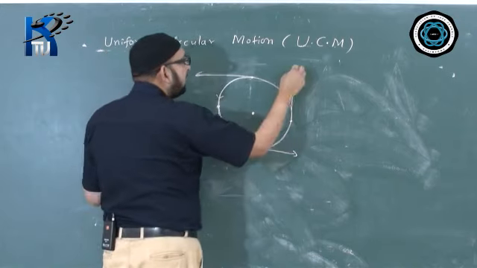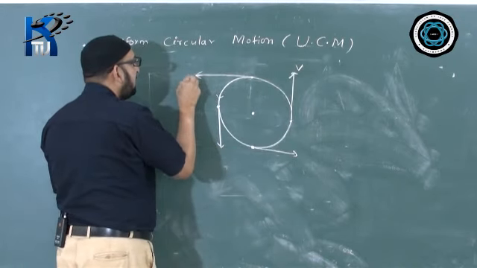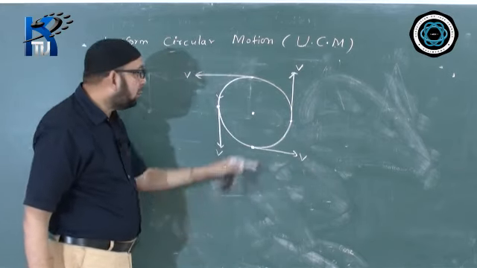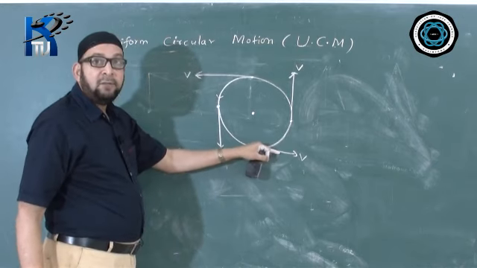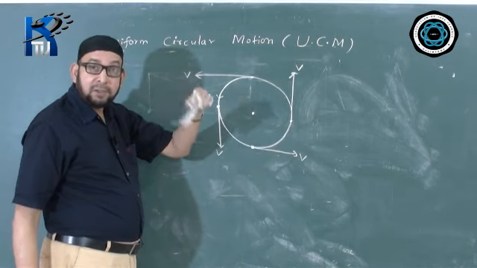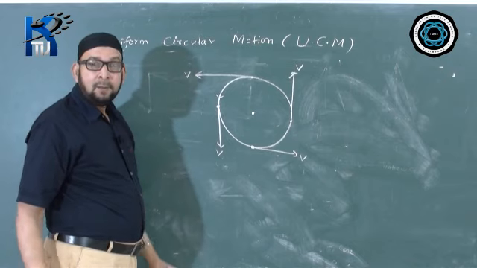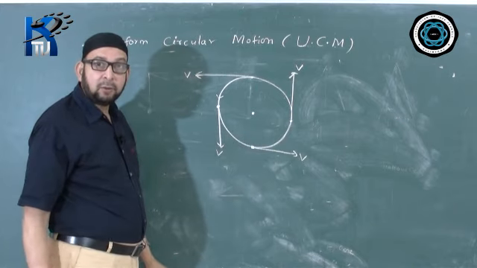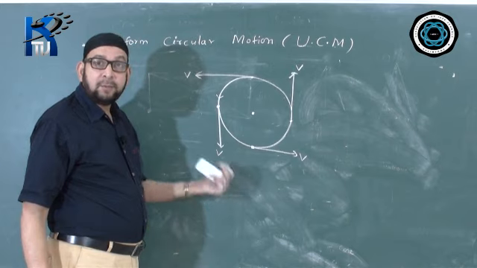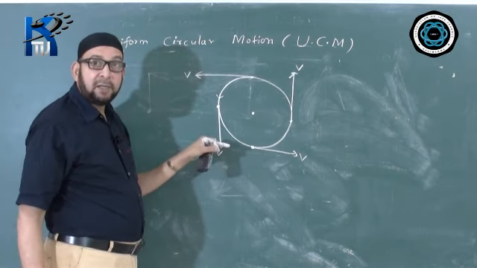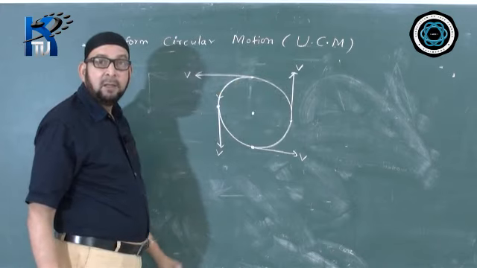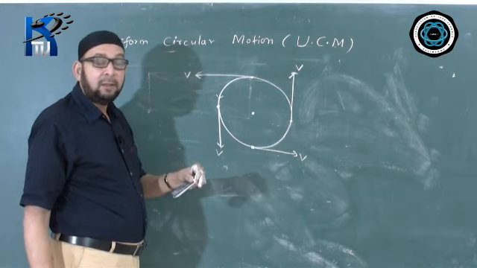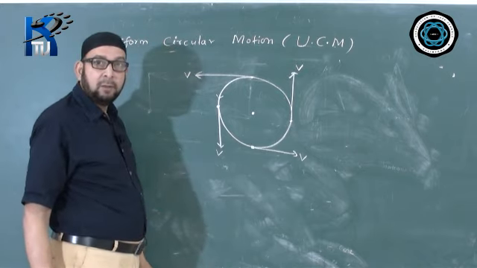Though the magnitude is the same, that is, the value of velocity v is the same at all points, due to the change in direction we say that the velocity changes throughout. Velocity is never constant, velocity is variable. Speed is constant, but velocity is variable. Because velocity is a vector, you have to consider the direction also. A vector has both magnitude and direction. Magnitude is the same, but the direction keeps on changing. That's why the velocity changes. So, it is very possible that the body has a constant speed but variable velocity, and that happens in a uniform circular motion.